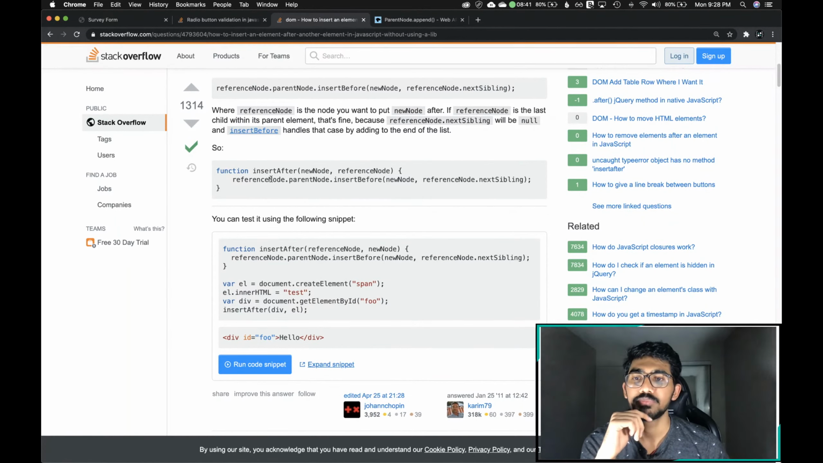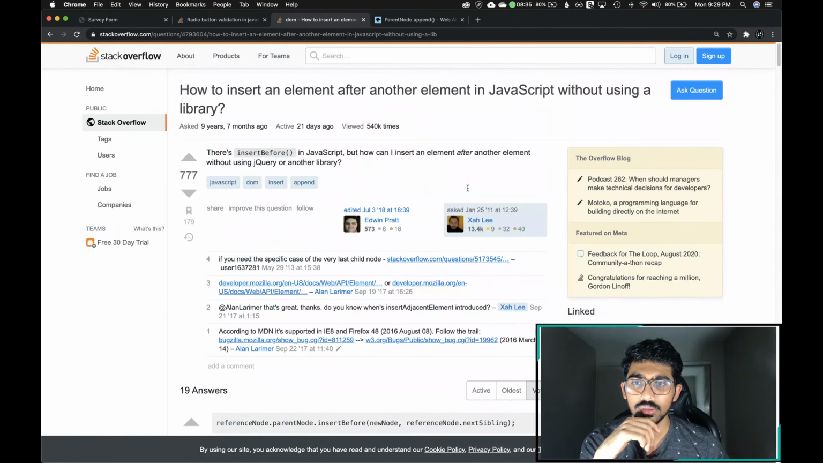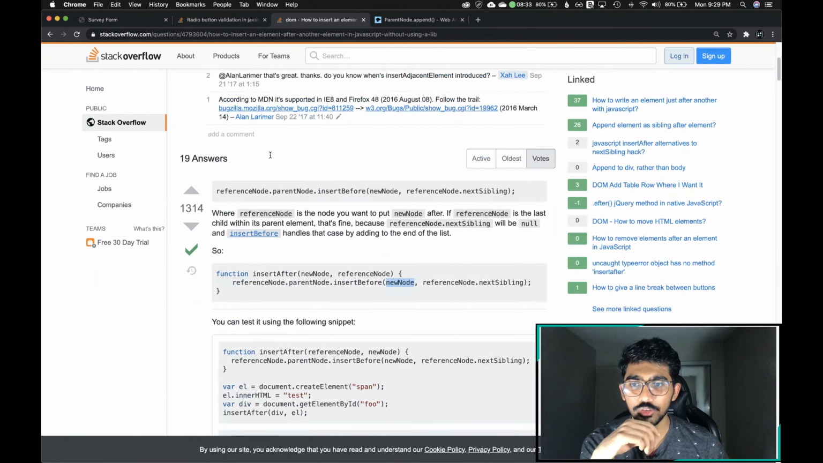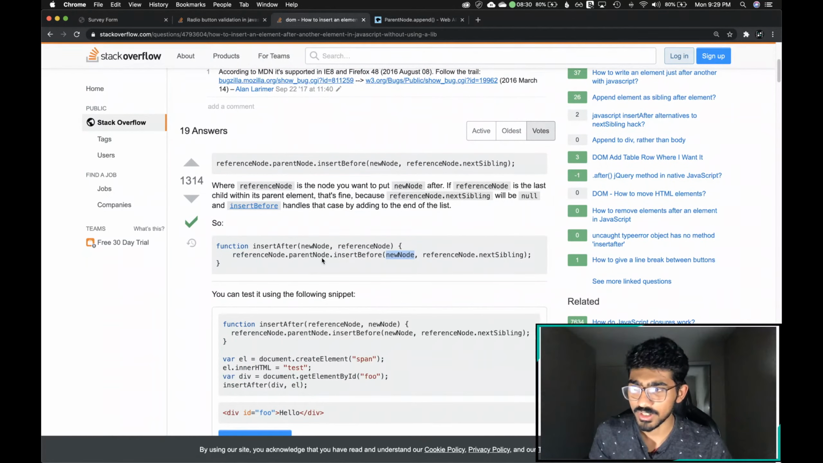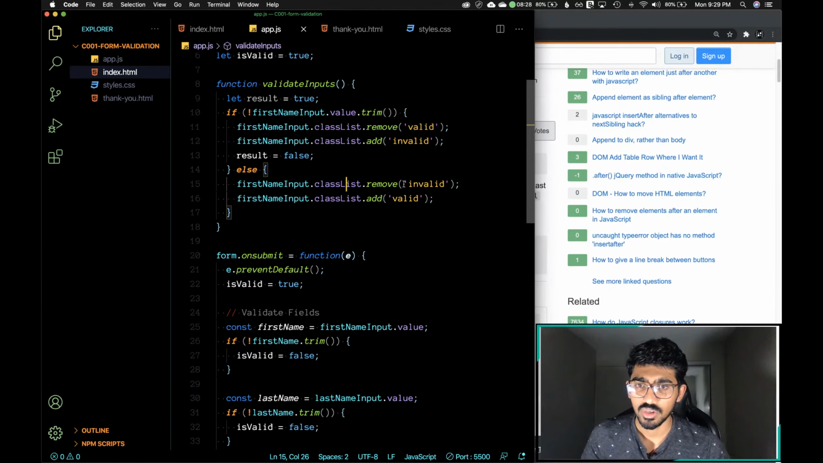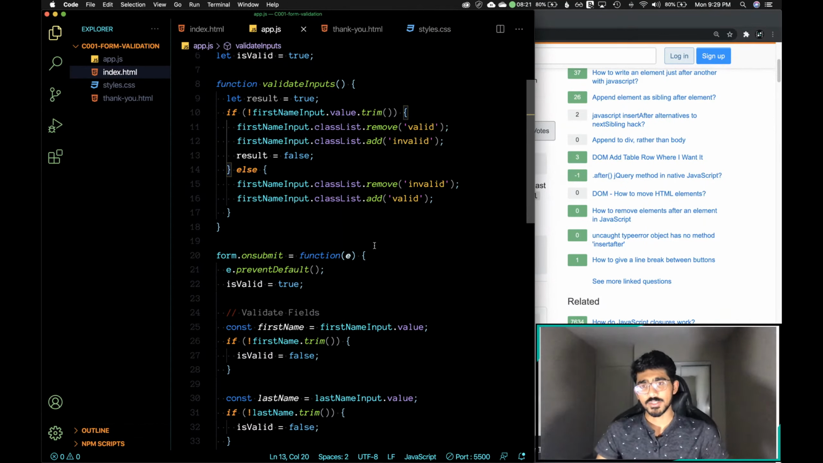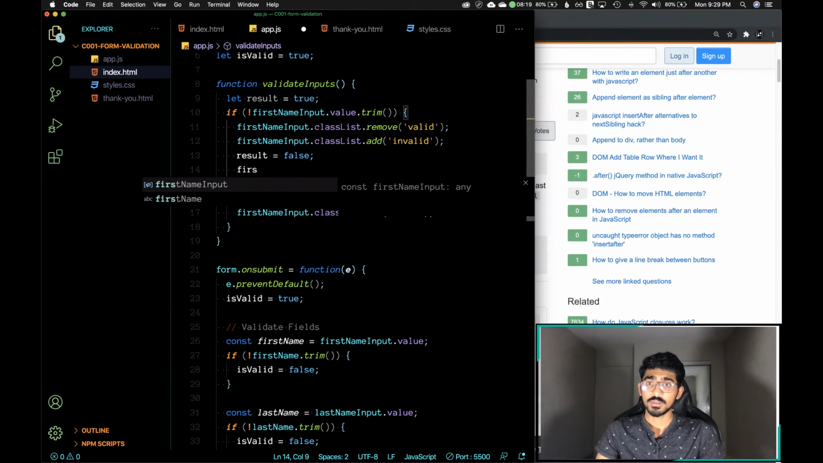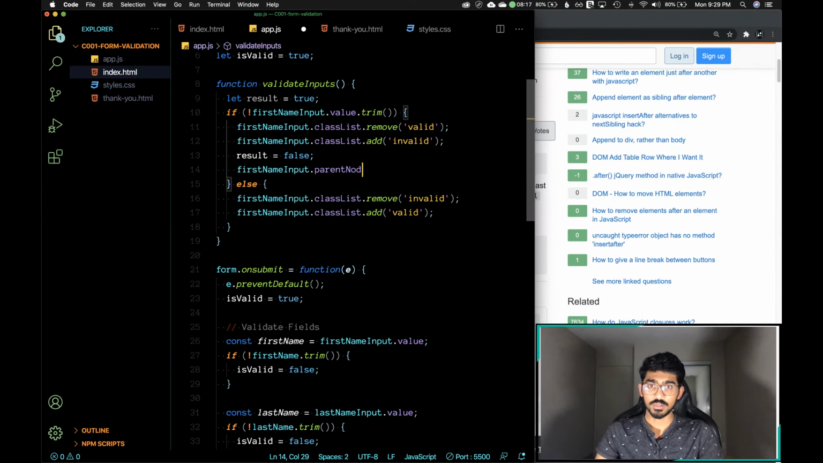Okay, so we are grabbing the parent node and we are inserting just before. So that was insert before. We don't really need to insert before, we just need insert after, I guess. So what we can do at this point is first name input dot parent node dot insert